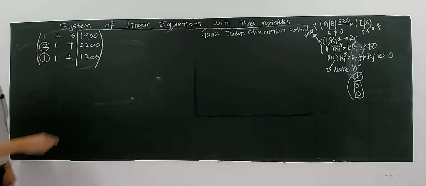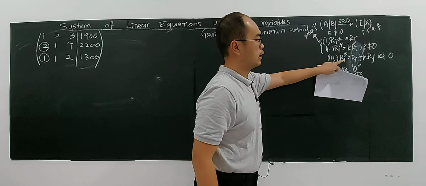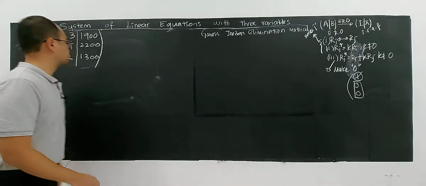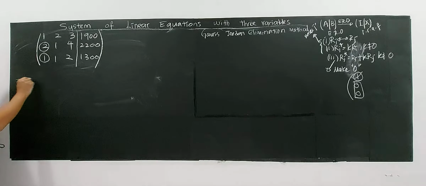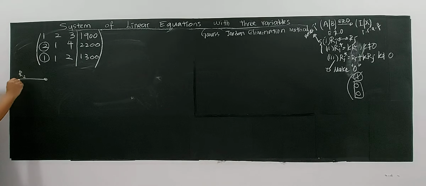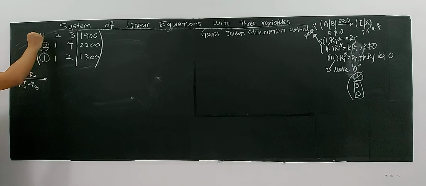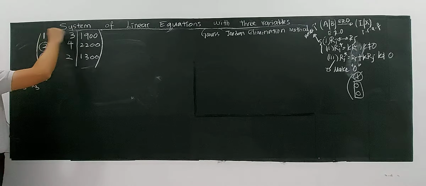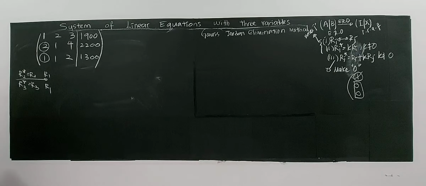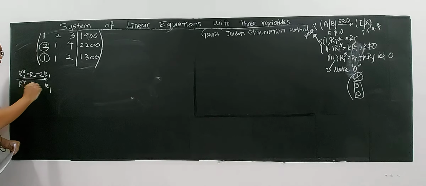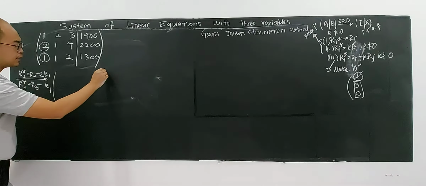So you want to make something become 0, there's only one operation. You refer to another row. Okay, what does it mean? This is the second row, the third row, right? So this is something that you want to modify. That means the second row and the third row you need to modify. So how do you modify? You take that row, and refer to the row that you are not modifying here, the first row, row 1. Then the value here depends on the value here. You change the sign. If positive 2, it will be negative 2, and 1, it will become negative 1. Then you follow this formula and carry out the